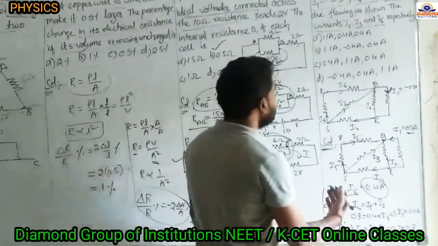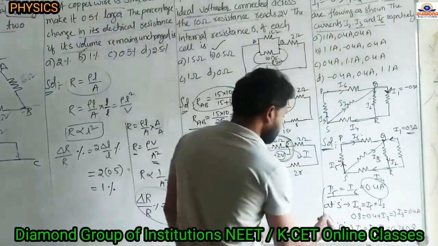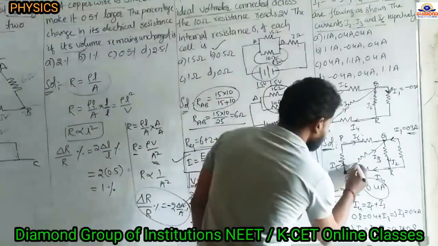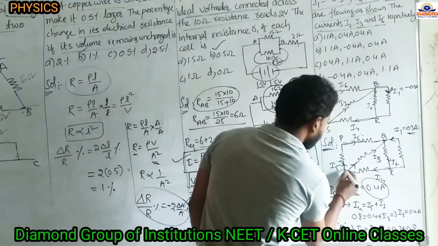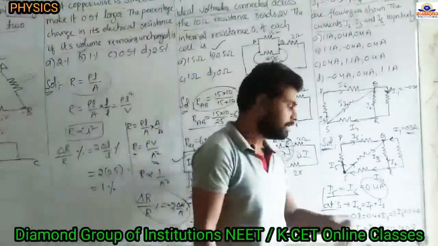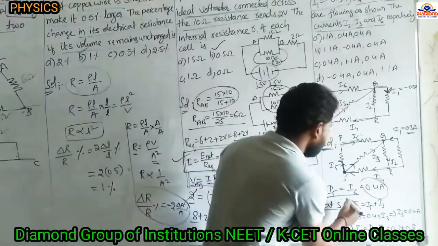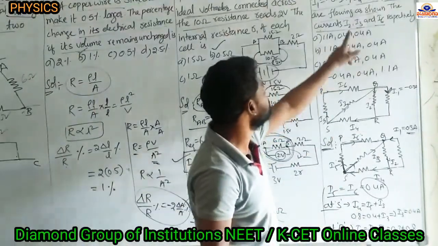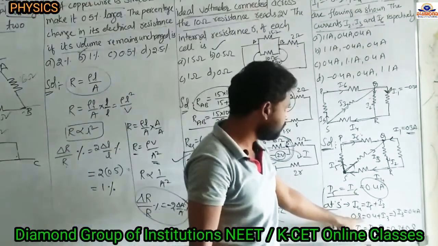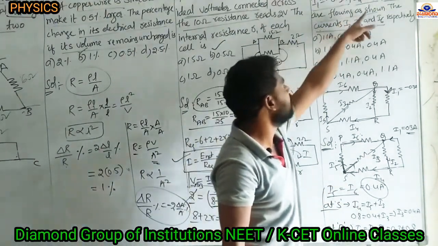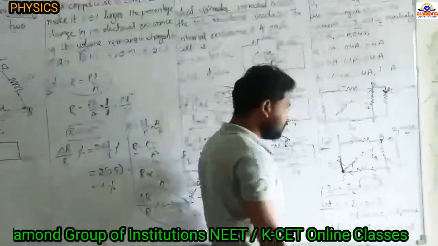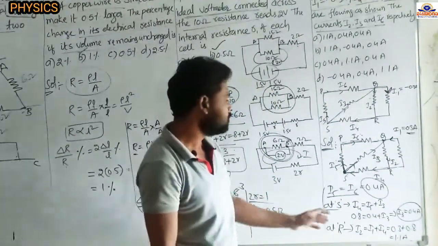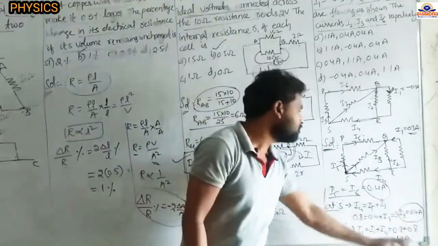And the next, to find out the remaining I2 and I3, see now at S point I am using the KCL. Okay, so now here I3 is leaving, I4 is entering, I5 is leaving. Entering currents equal to the leaving currents. So I4 equal to leaving currents, I3 plus I5. Now I4 value they given how much? 0.8 amperes. So 0.8 equal to I5 value we know 0.4, plus I3. From this I3 equal to how much we are getting? 0.4 amperes. This 0.4 sent this side becomes minus, 0.8 minus 0.4 is 0.4 amperes. So I3 also we got.